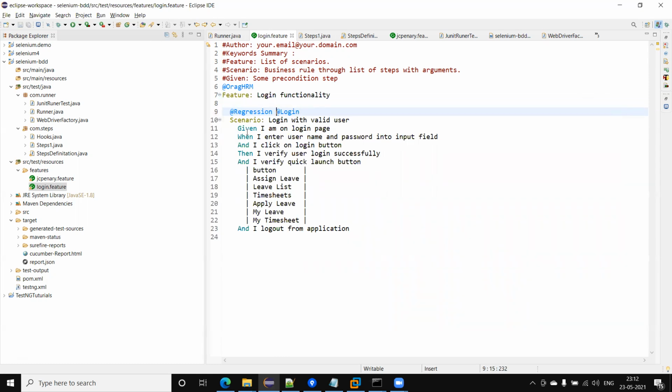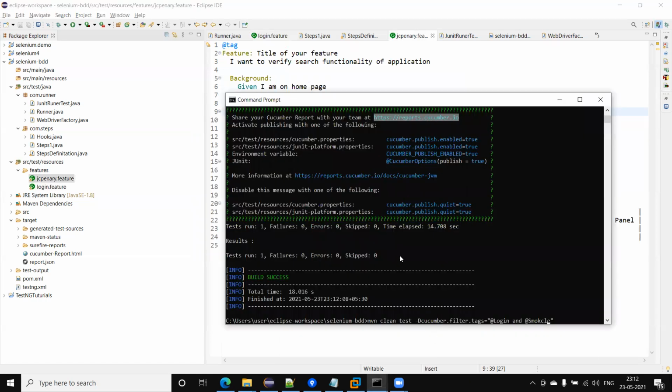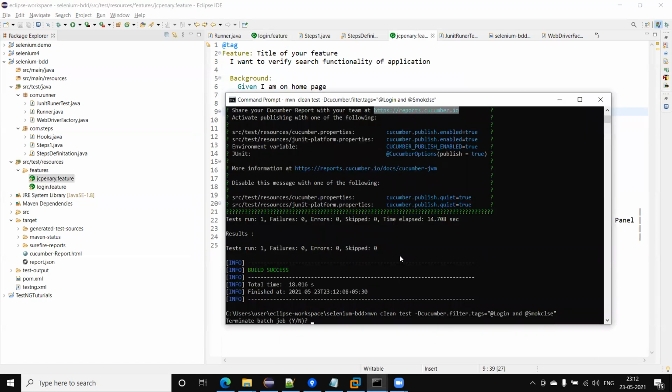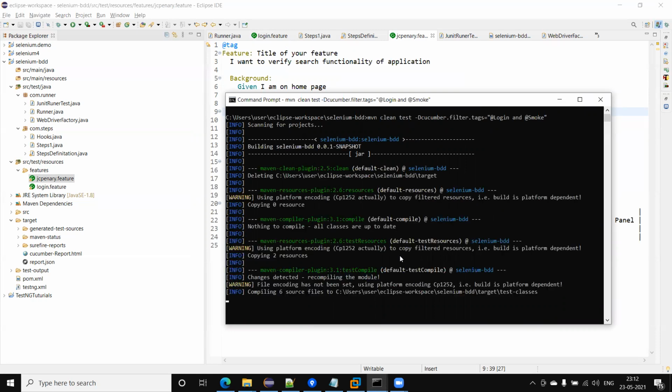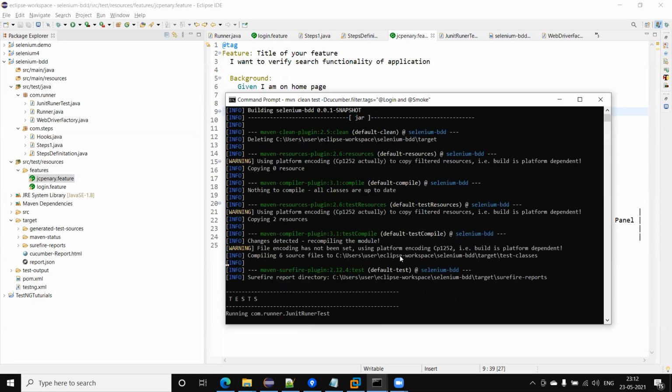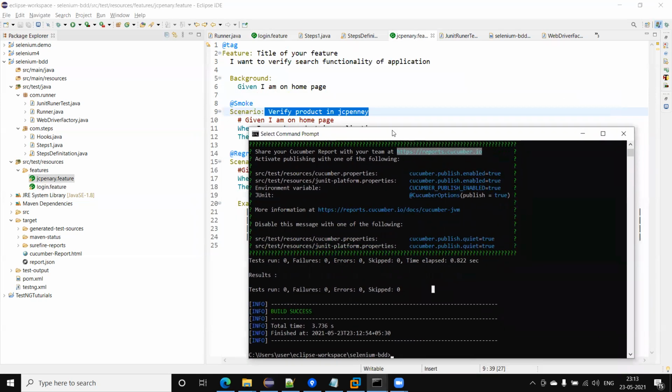In that case there is no scenario which contains both tags, smoke as well as login. If I run this, what will happen? Let me clean first. Yes, we are not getting any test which contains both the smoke tag as well as the login tag.